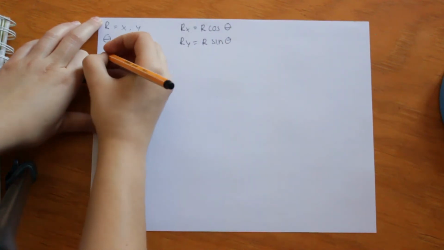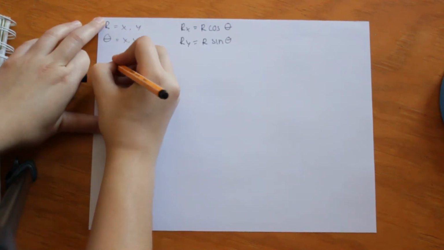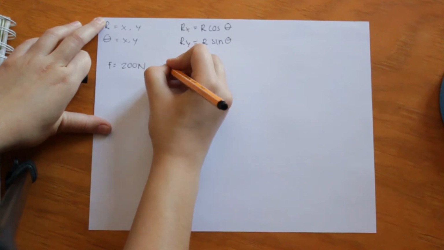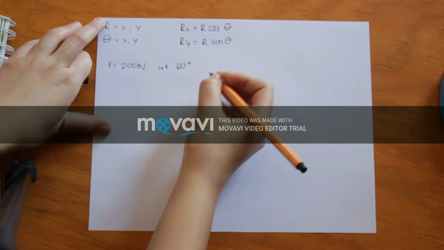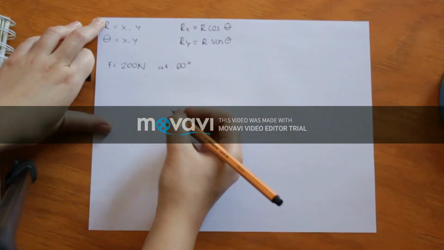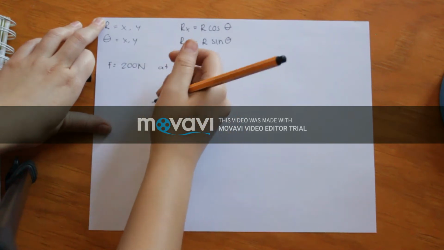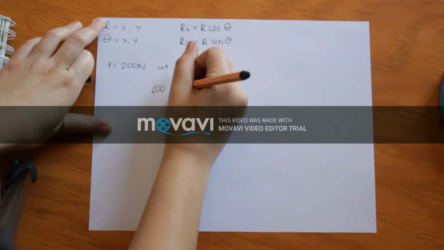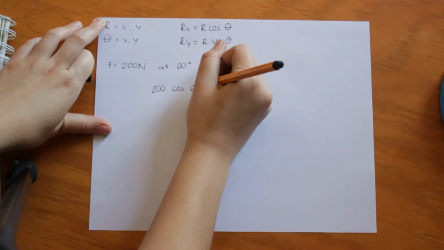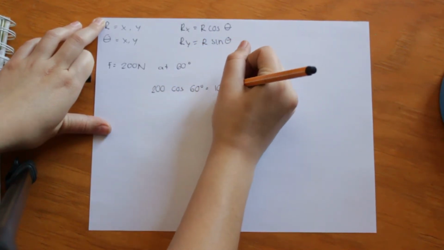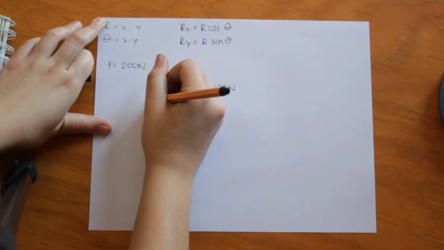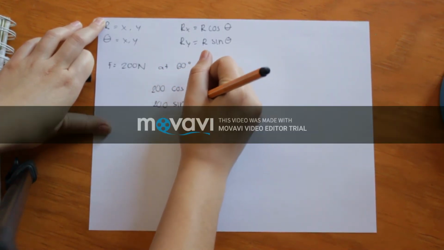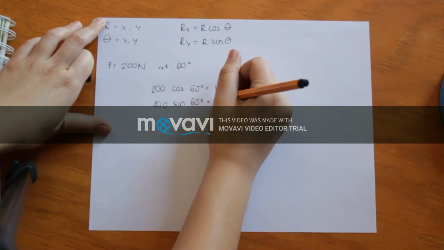So for example, if we have the vector F equal to 200 newtons at 60 degrees, we can obtain its components for each axis using the formulas. So we have 200 cosine of 60 degrees equals 100 newtons, and 200 sine of 60 degrees is equal to